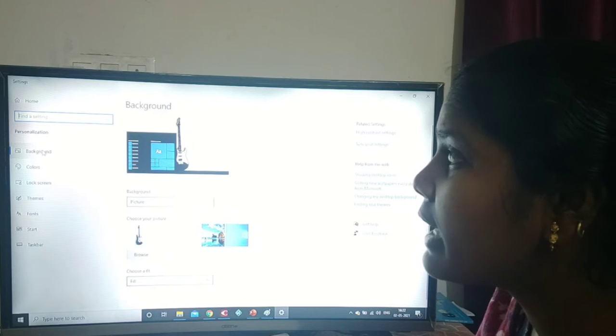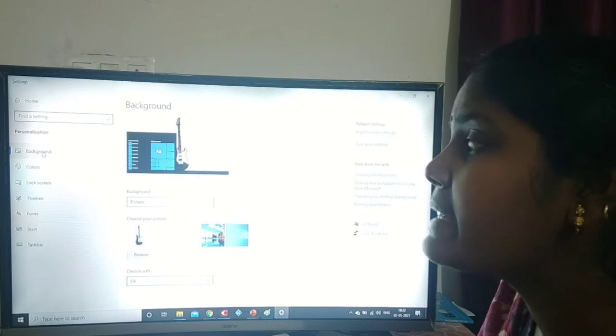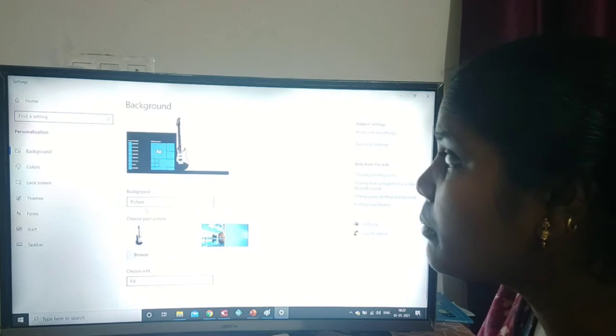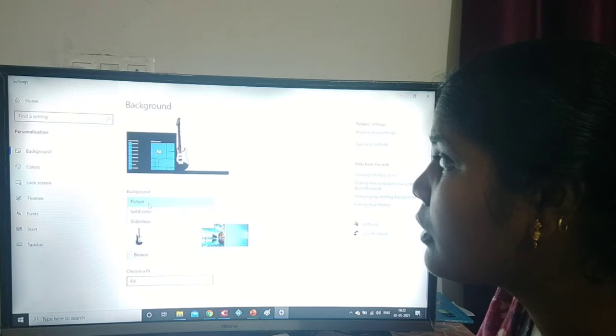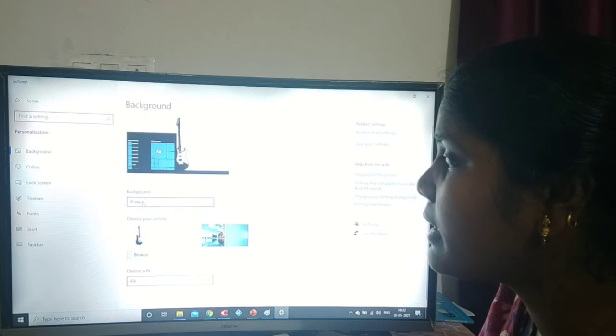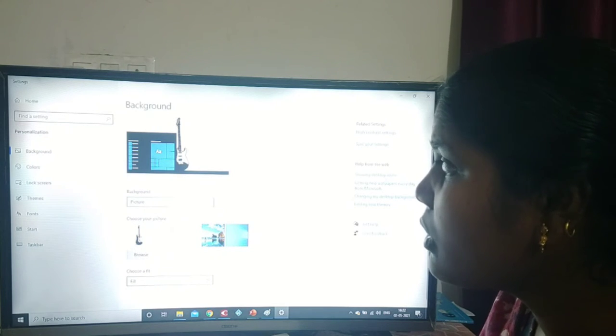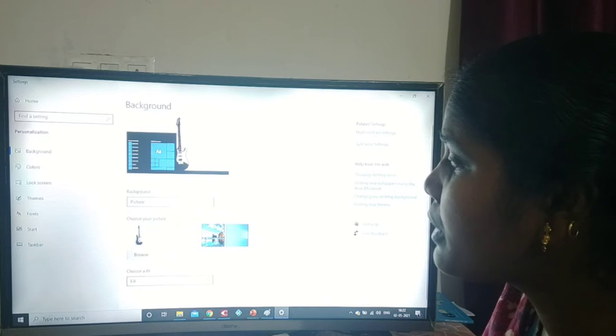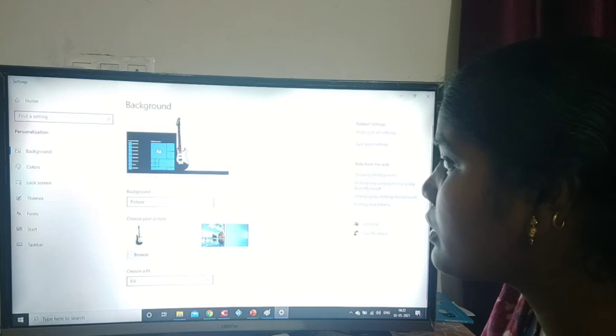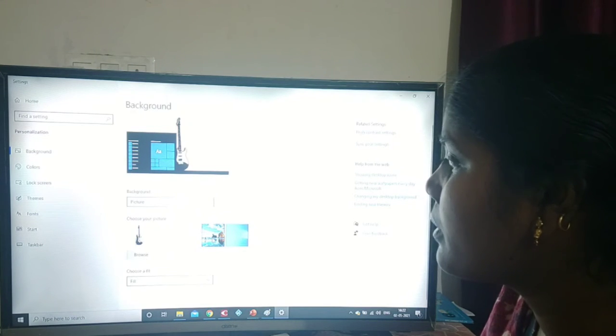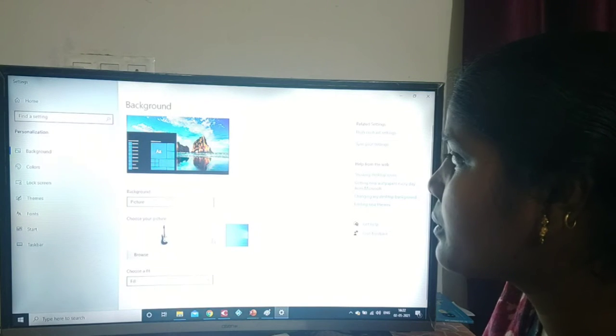I have to select Background. I selected it. Then I have to select Picture. I selected Picture. Now I have to choose my picture. I choose this one. This picture I choose.